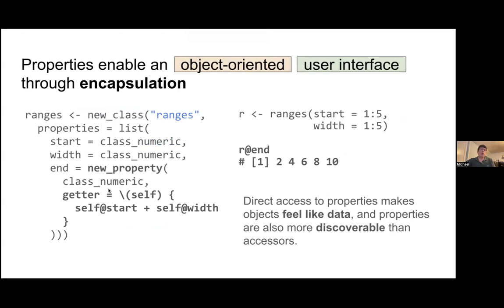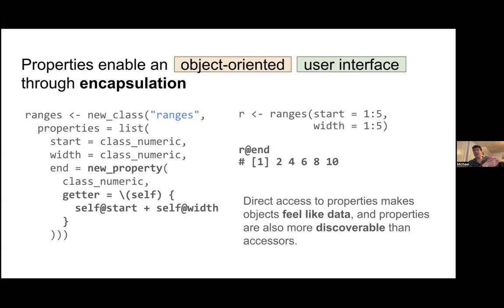we did this stuff with properties, and the cool thing was that properties are objects themselves. A property is an object with metadata, including the class of the property, but it can also have getter and setter functions. That lets you define, say, a read-only dynamic property, where if the user asks for the end on an object, we can compute that dynamically. I guess you can cache it if you really want to, but more or less it's computed dynamically,